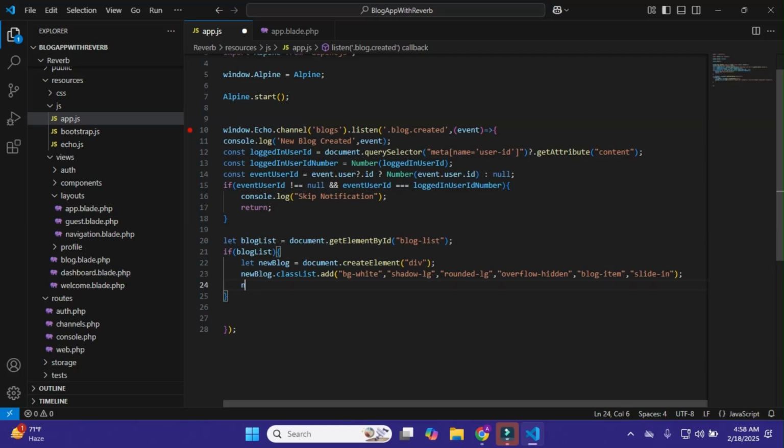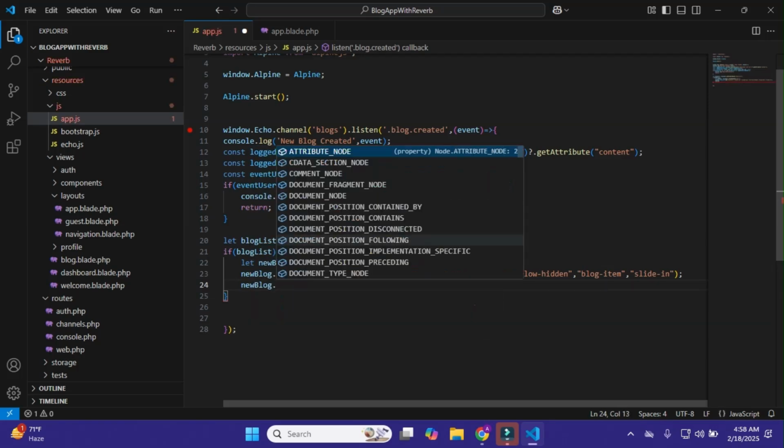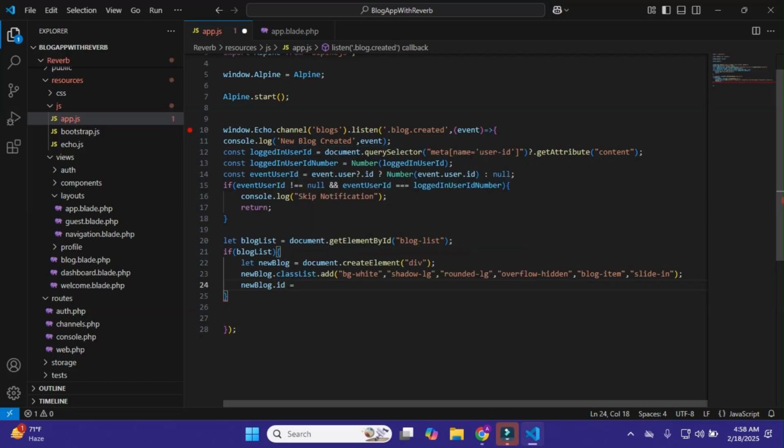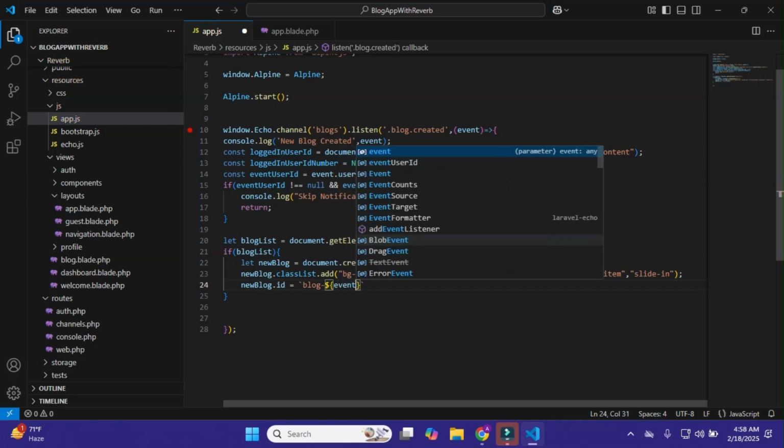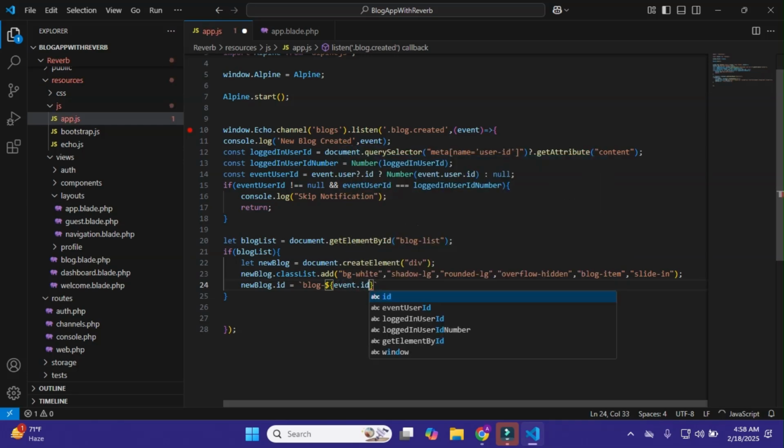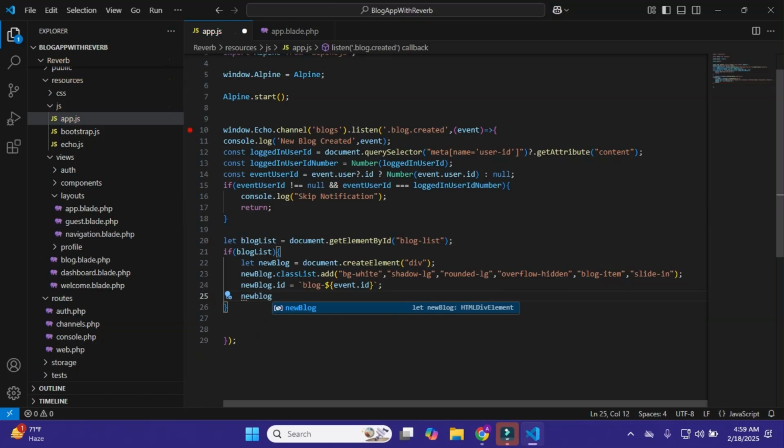After it, I'll make it newBlock.id, and it is block-${event.id}. Okay, and now we append newBlock.innerHTML.